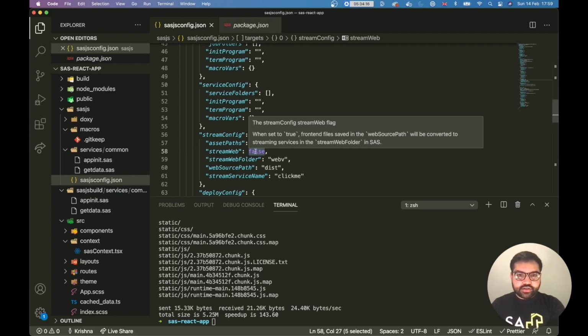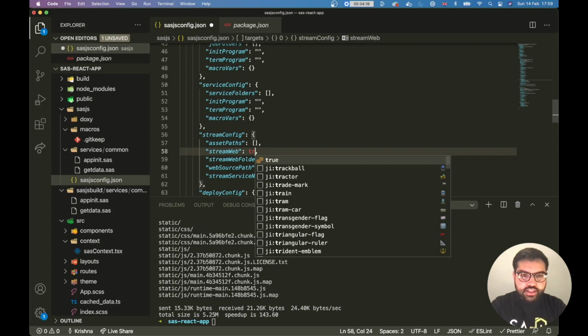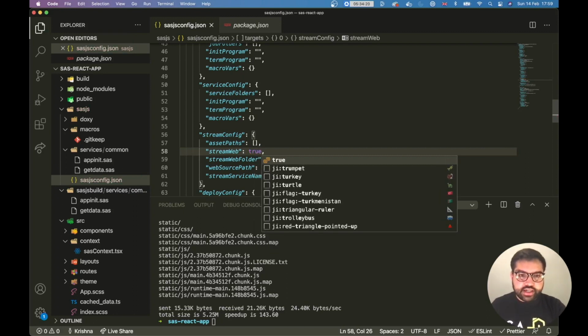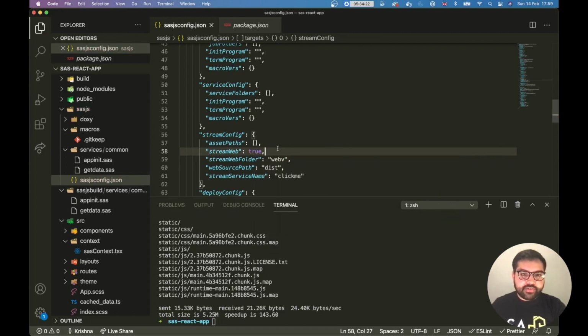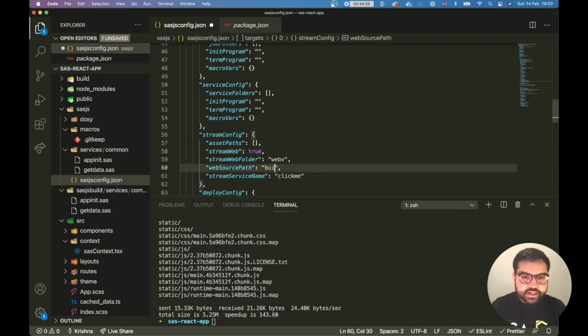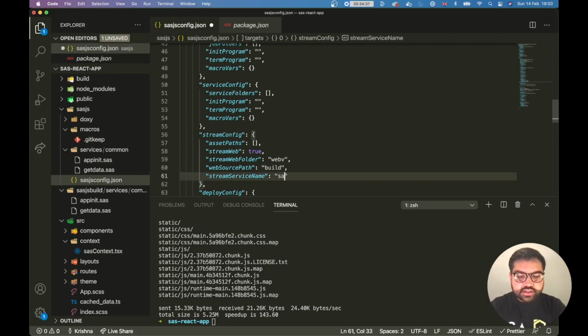If I set it to true, it'll convert all of the built web app files into SaaS services. So web source path here is going to be build, which contains the built React app. And then stream service name, I'm going to call it SaaS GF streaming app.